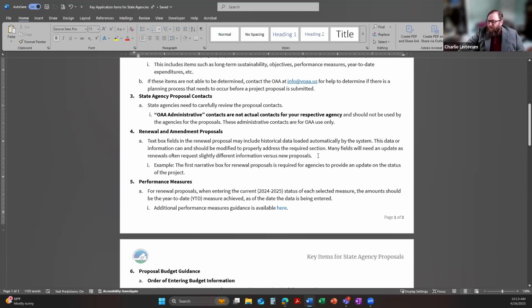And make sure you review each of the questions and the data that's populated, because the question may be a little different on a renewal or amendment than it is on a new project. For example, in a new project, your first narrative box is just the project proposal. During a renewal, we're asking for an update on the status of the project, not just a proposal narrative.